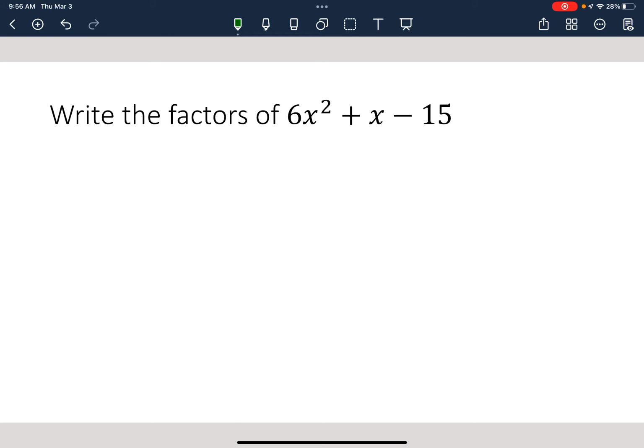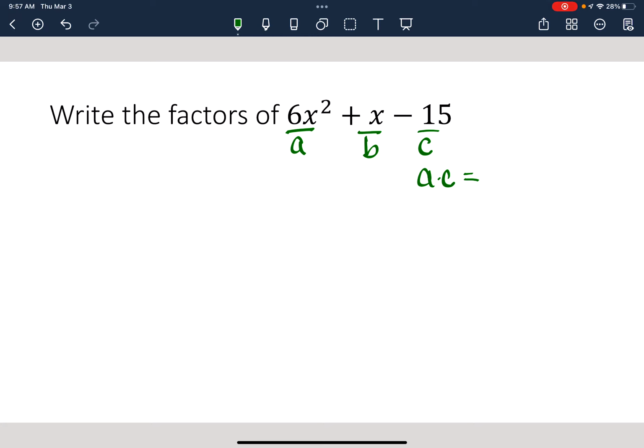So now this problem asks me to find the factors of 6x squared plus x minus 15. So this is one where a is not equal to 1. So I have to start off my problem by multiplying a times c. A times c is 6 times negative 15, and if I do that on my calculator, I'll get 6 times negative 15,